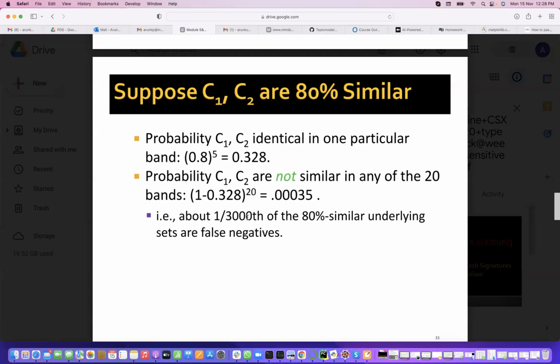If you use this bands and hash map method, how many will you miss? For 3,000, one you will miss, okay? For 1 lakh, how many pairs will you miss? Approximately 33, whatever it's saying. 1,33,000. It is not a big number when you compare how many pairs you will get, right?